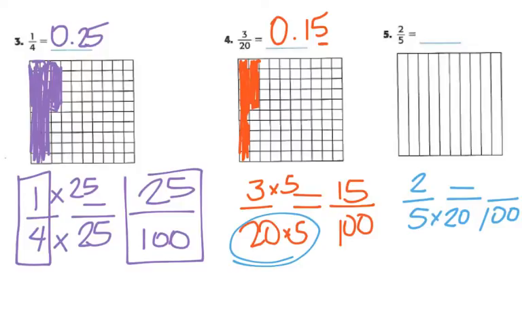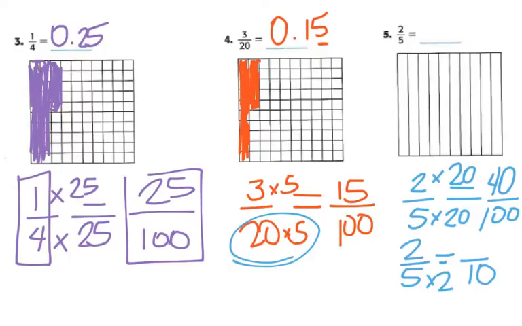So if I multiply my denominator by 20, I have to do the same exact thing to my numerator. So I'm looking at 2 times 20, which gives me 40. So therefore, I have 40 hundredths,